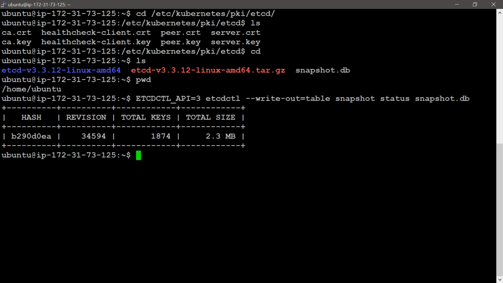This snapshot contains some sensitive data, so I'm going to zip up the contents of this etcd directory. Then I will give the command sudo tar -zcvf, meaning zip, create, verbose, file name etcd.tar.gz, then etcd.